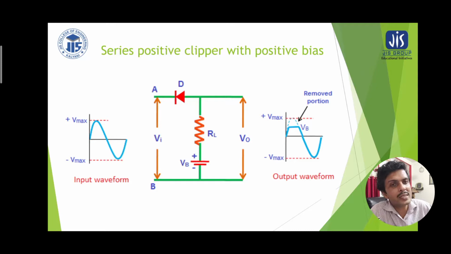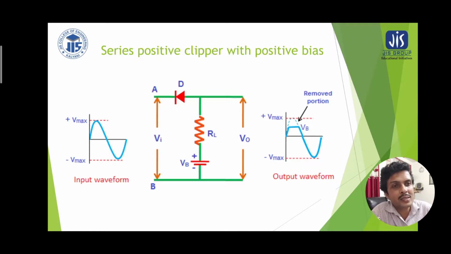Now the input voltage is gradually increasing. The diode will not be reverse biased because we are considering that VB is a little above the cut-in voltage. Until VB is more than Vi by the amount of the cut-in voltage, the diode will conduct. So when the diode is conducting, whatever the input sinusoidal slope is, that will be latched to the output. We get the output proportional to the input as long as the diode is on. Always when the diode is on, the input signal is latched to the output.